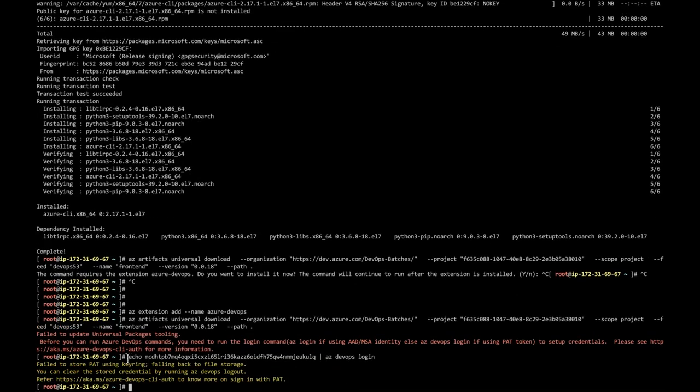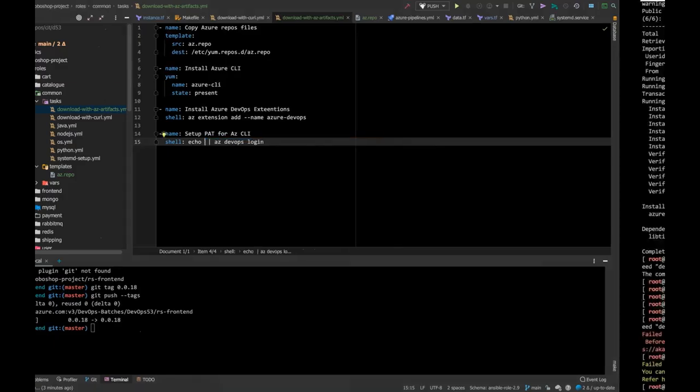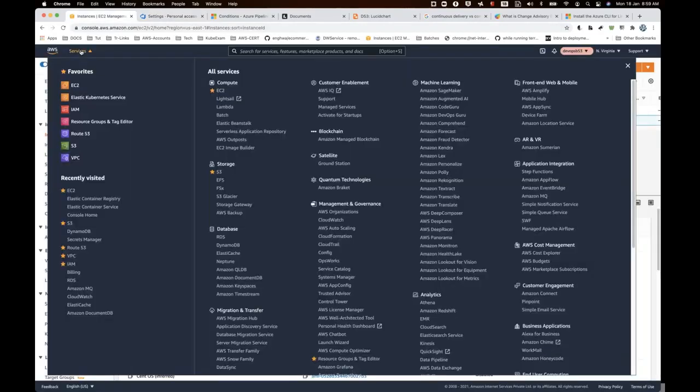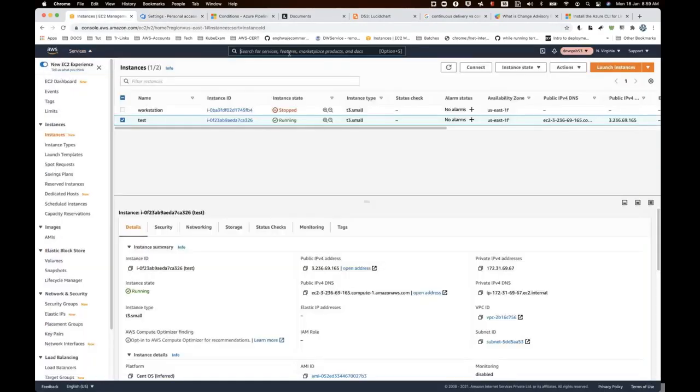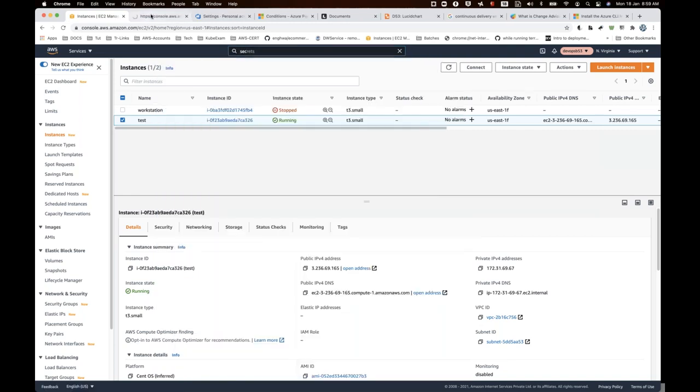Perfect, it worked fine. So you just need to do this. And you know that we're not actually storing the passwords over here. This is a kind of a password. Whoever has the password can download the artifact. So now this is a password, and where are we storing the passwords? Inside the secret manager, isn't it? So let's go to the secret manager and register our secret there.